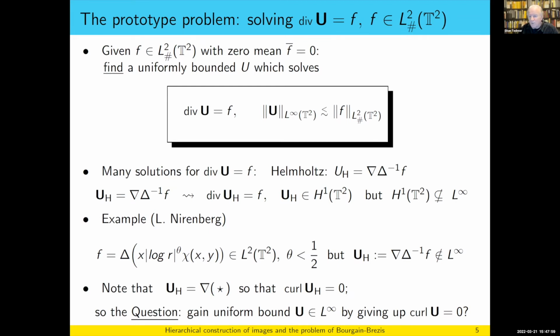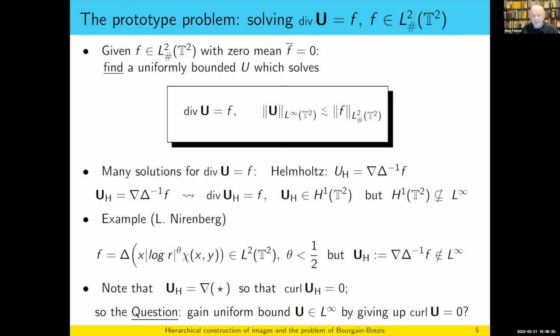The question is, do we have any other suggestion how to solve this little problem of representing an arbitrary L2 object as the divergence of something in L infinity? So we have to think. I don't know if anyone wants to give me an answer. And after some thinking, one realizes that the question is not as trivial as it seems. In fact, at this point, it is clear once you think about it that the problem is very difficult,